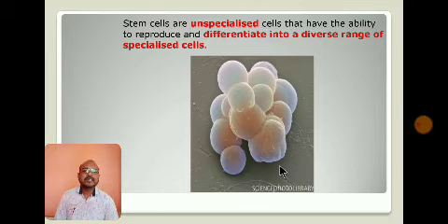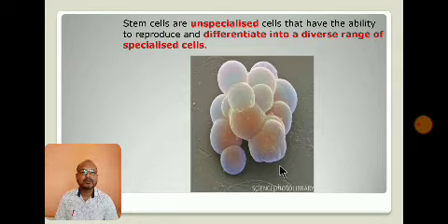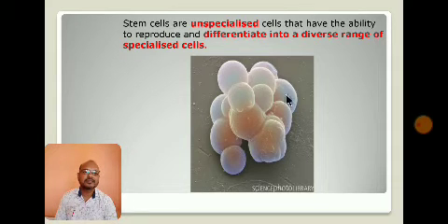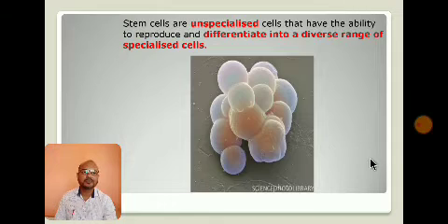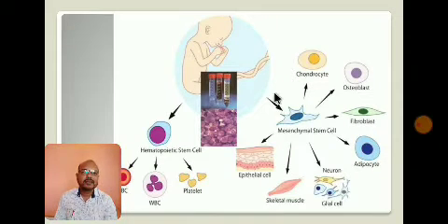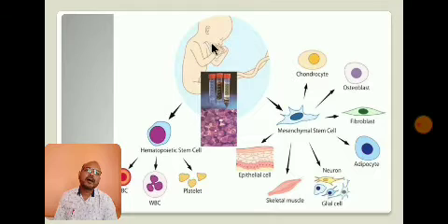Then stem cells are unspecialized cells that have the ability to reproduce and differentiate into a diverse range of specialized cells. So this outline shows how the unspecialized cells reproduce and differentiate into the diverse range of specialized cells. So in that case also, how the stem cells derived from the umbilical cord of newborn babies are